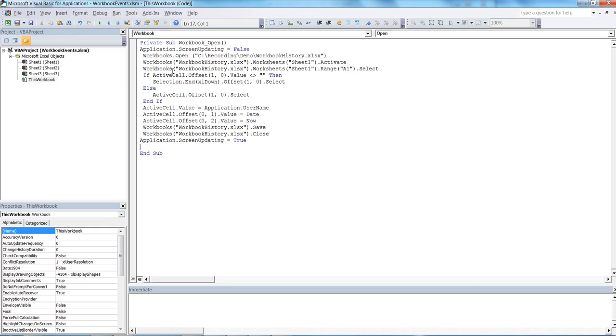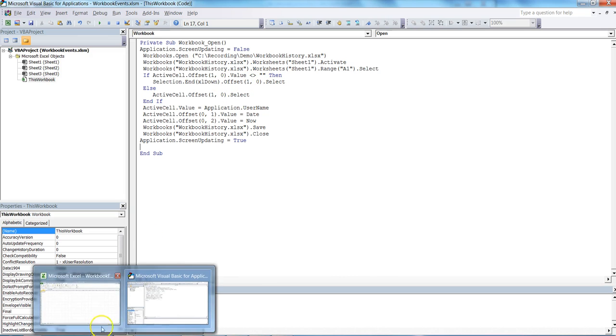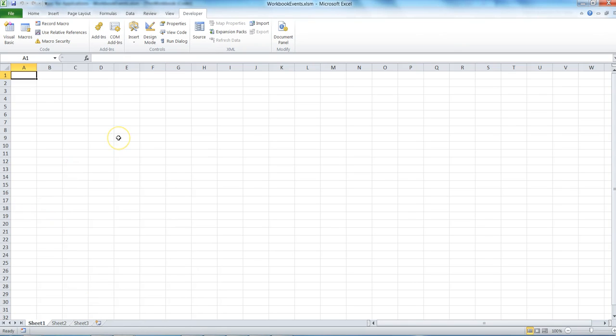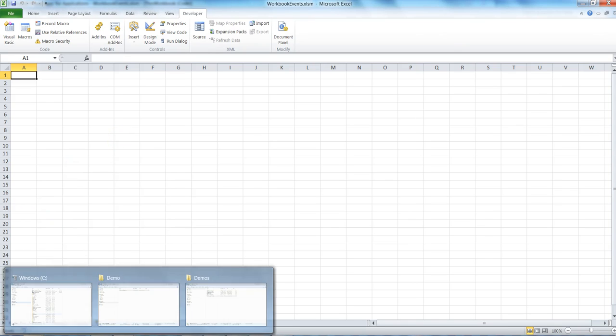application will not get confused, as we are dealing here with the two workbooks, like the active workbook which we are opening and the another workbook for which we are doing the task here from the Workbook Open event. Now after selecting the range A1, you can see I have written If ActiveCell.Offset(1, 0).Value <> blank. Meaning what I am doing here, so I'll go to the workbook first. You can see when that workbook, so we will open that workbook as well,